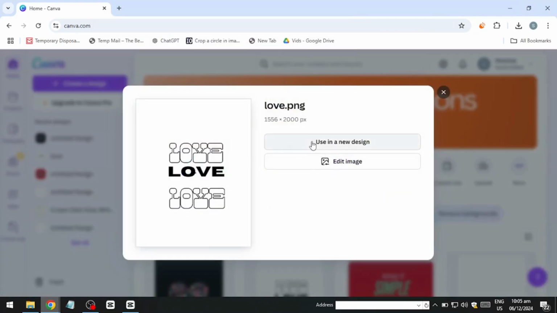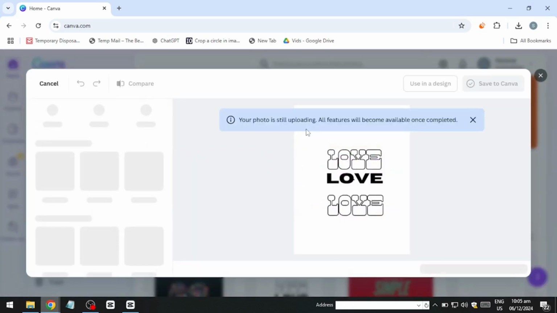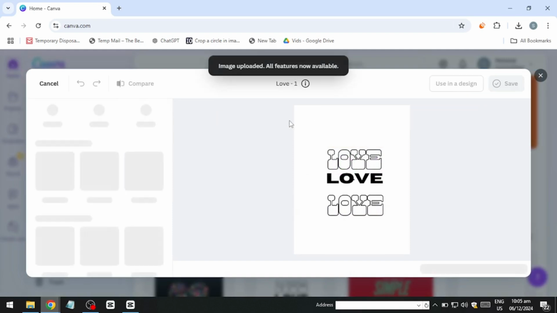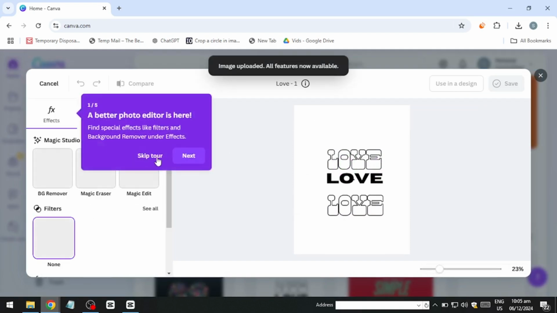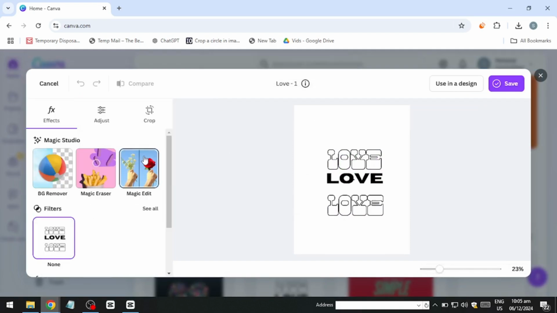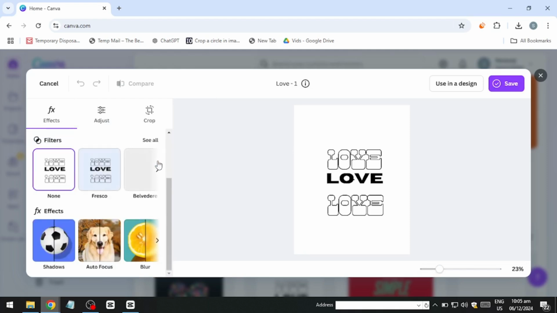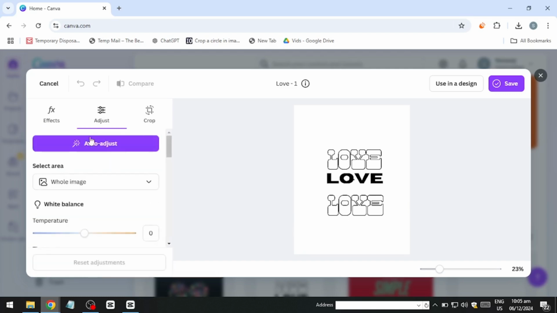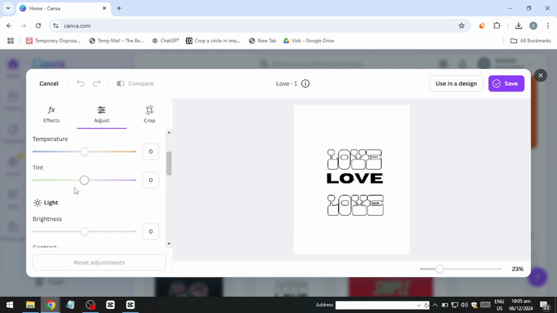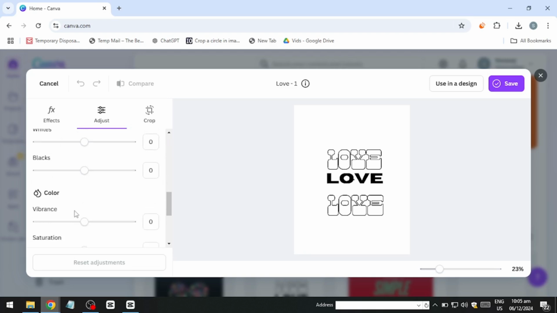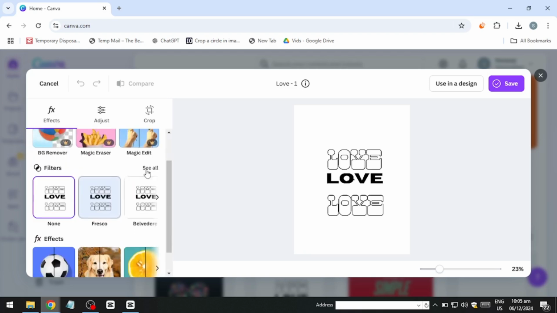When you start editing, the Edit Image menu offers a wide array of tools. You can adjust brightness, contrast, saturation, and even remove backgrounds if you have access to Pro features. Applying filters is easy. Simply select a style from the Filters menu, and you can double-click to fine-tune the intensity to match your vision. For enhancements, Canva includes options like auto adjustments, blur effects, and even a blur brush for